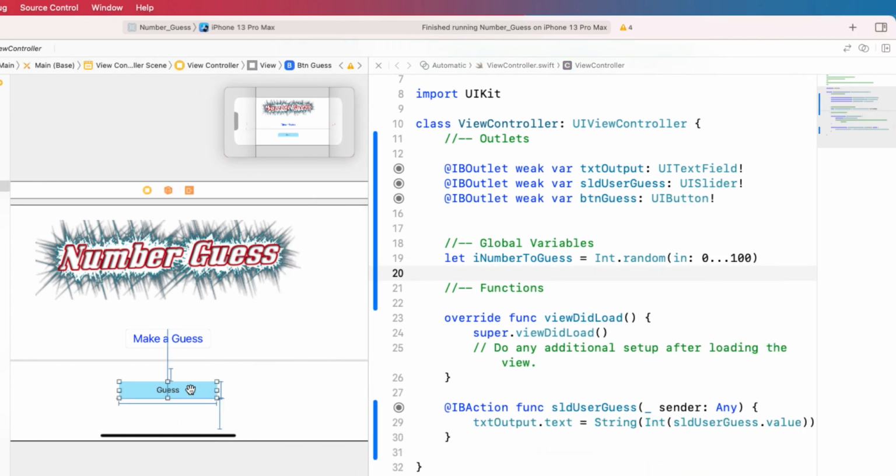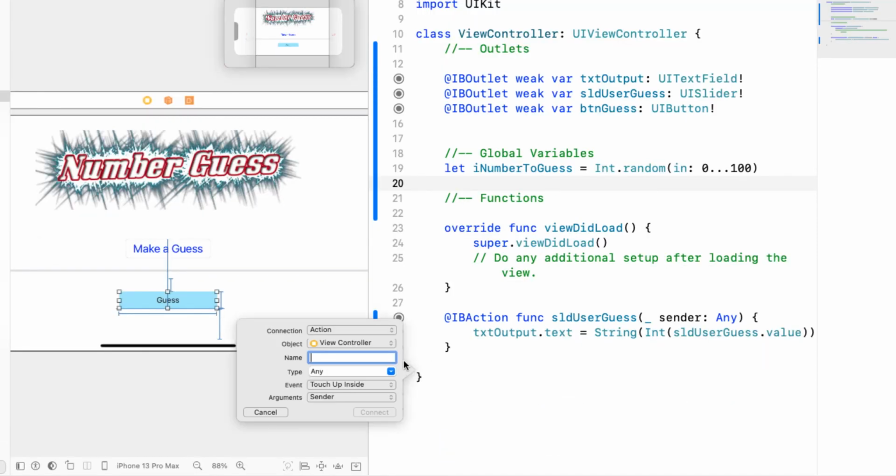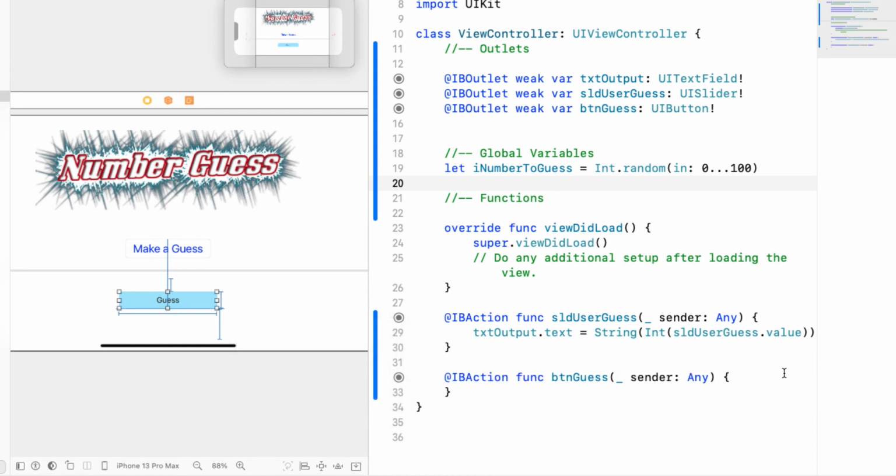So first of all, I need to make a function. So hold down Control, click, and this is going to be an event trigger. Now I need to give it a name. So it's going to be btn guess. And in here, we now want to check those two elements. Now to do a check, we need to use an if statement. And what we're going to say, if